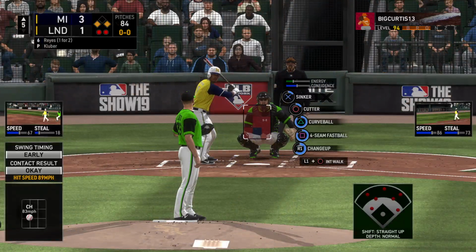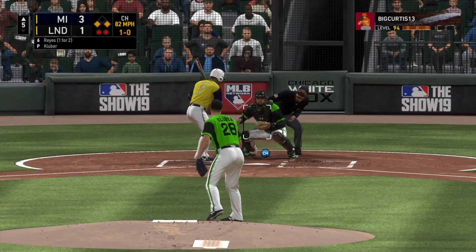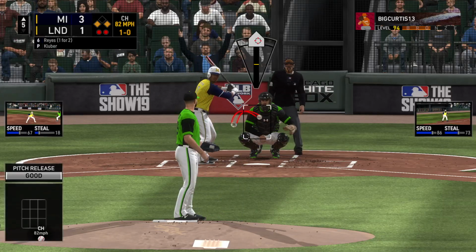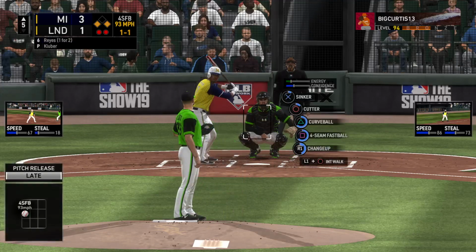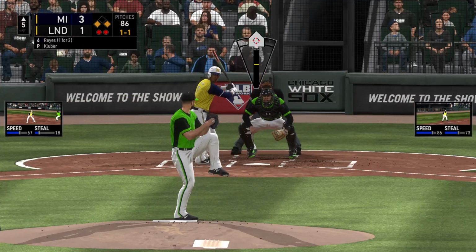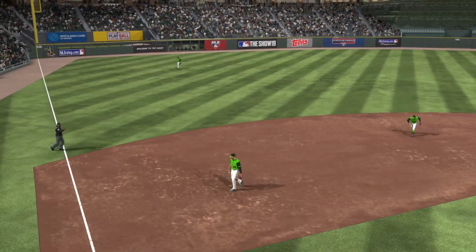Digging in and looking for more, Jose Reyes. 1 for 2 on his line so far in the game. Changes up on him, but that's in the dirt for a ball. And the fastball hitting 93 on the gun. It's 1-1. Right at the third baseman, and